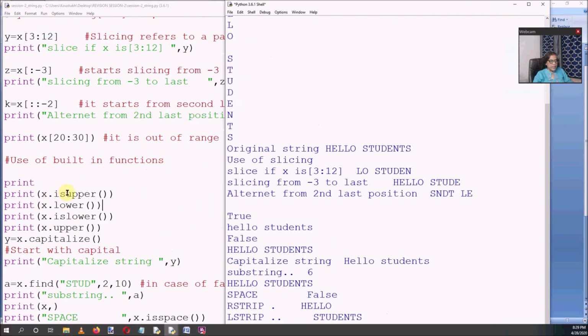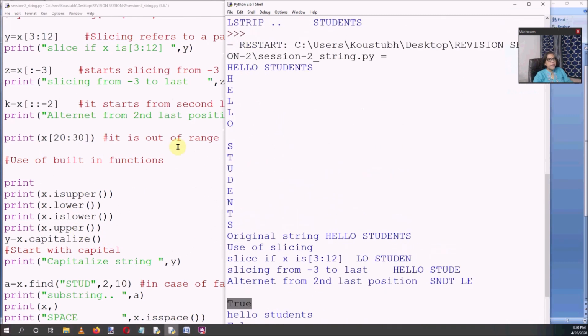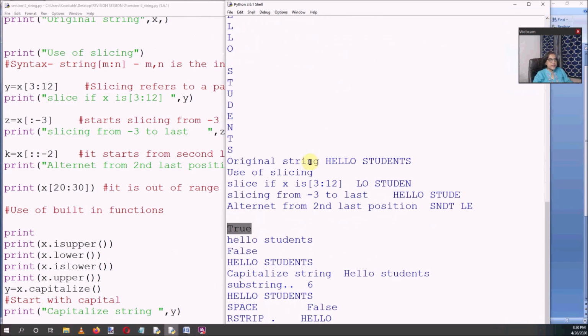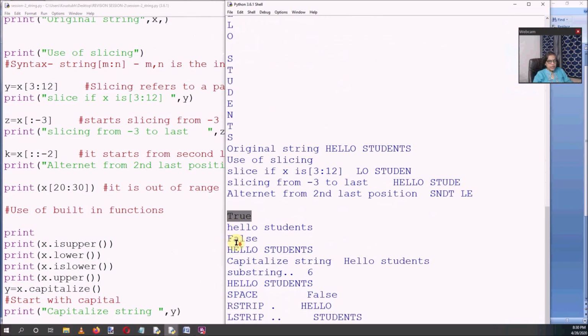See here, isupper, as the condition is true, prints true. Now lower is converting. The original string I have given, Hello Students, was in uppercase letters. So here you see the result is converted into lowercase.